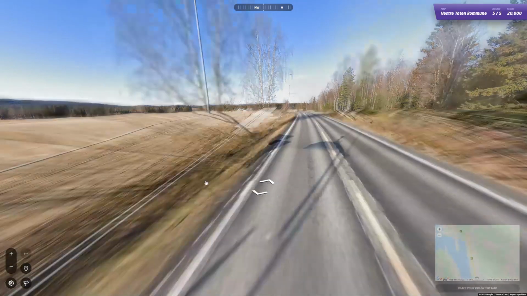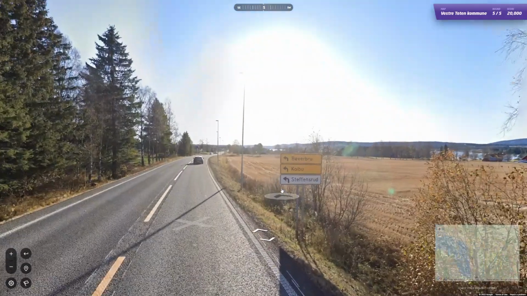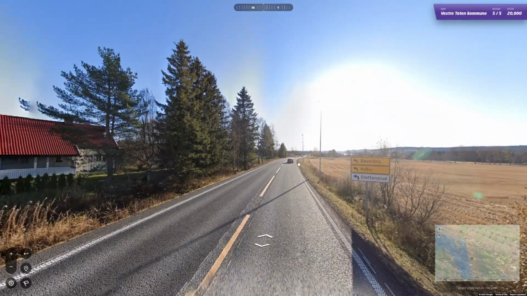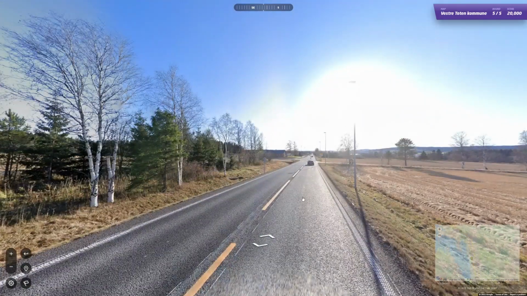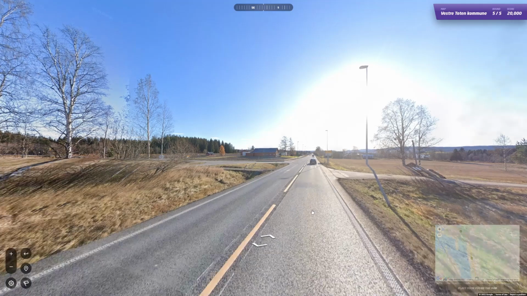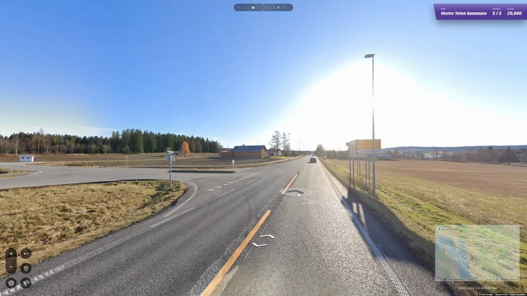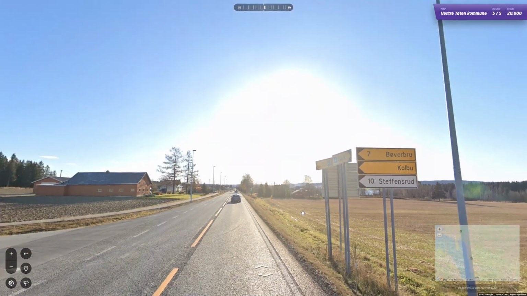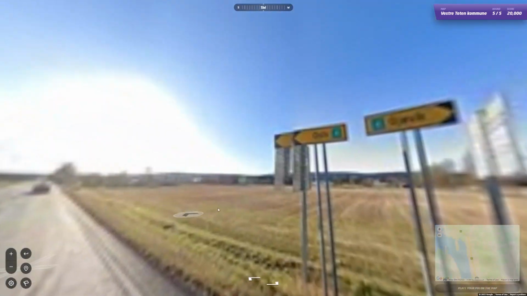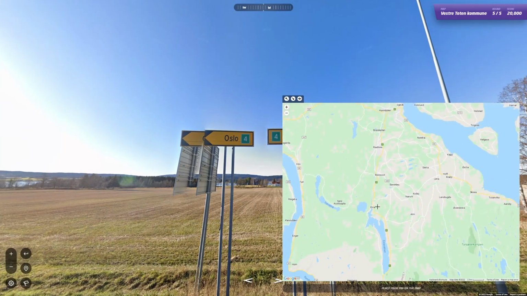Let's see what it says on this sign. Oh, we're not. Okay. So this is a road that takes us to Bøverbru and Kolbu. But it should say on the sign here which road we're on. Oh, we are on the 4. Okay, that was a bit of a surprise. So we are on the 4, and this road leads us to...